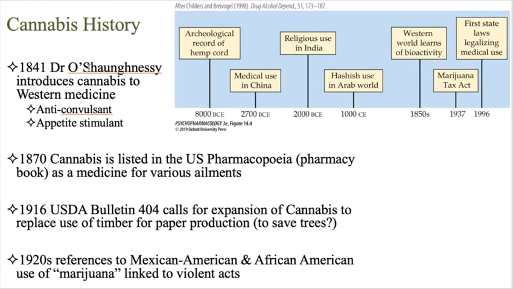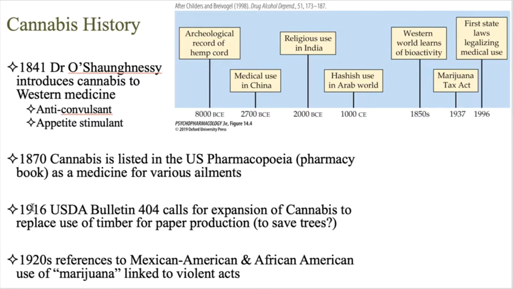And he decides, wow, this stuff is really great, I'm going to bring it back to Western medicine. He suggested it be used as an anticonvulsant, basically an anti-seizure medication, and an appetite stimulant. The appetite stimulant is actually a common medical use now, which we'll talk a little more about. The anticonvulsant use needs more research. There are people, especially now that CBD is so huge, who swear that CBD oil has stopped their seizures, but the research on it is pretty weak. We haven't looked that much into it. In 1870, it becomes more mainstream.